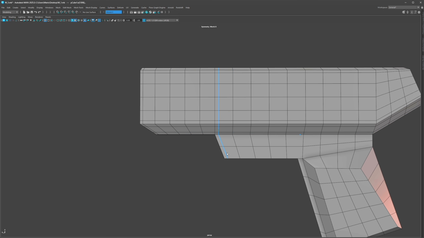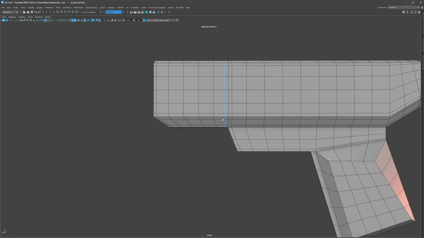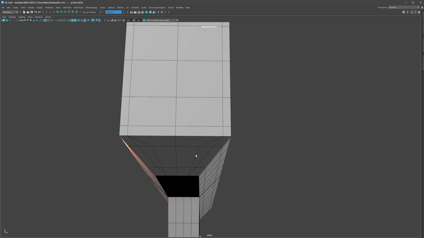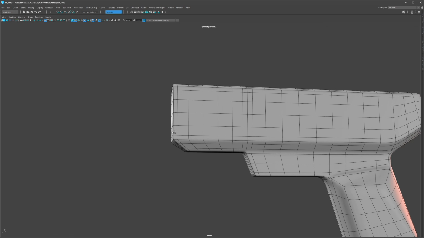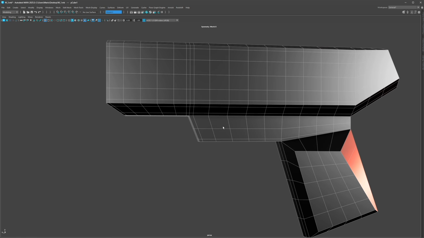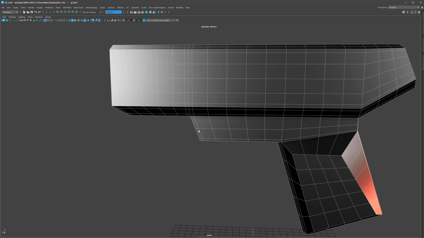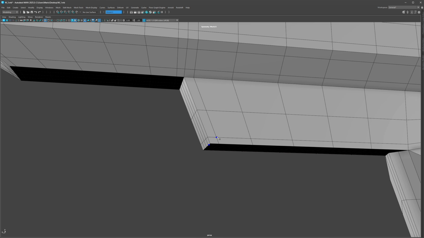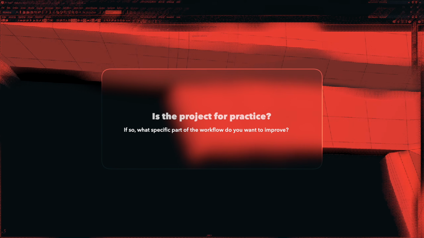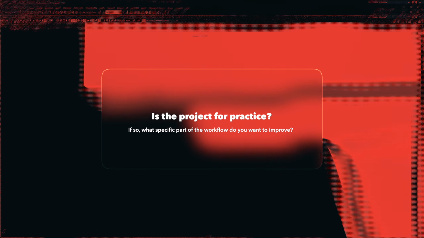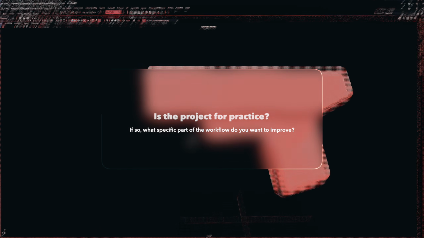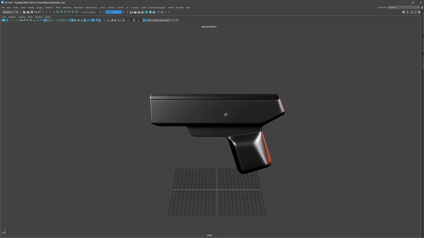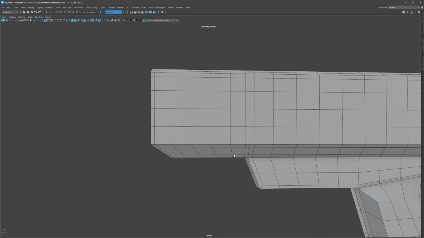The real issue here is that the general context is missing, because every single project needs to have a clearly defined intent before you even start creating anything. So you need to be clear and you need to know: is this project for practice? And if it is, what specific part of the workflow do you want to improve in this practice? And then second, if it's not for practice,